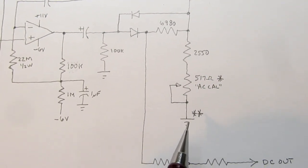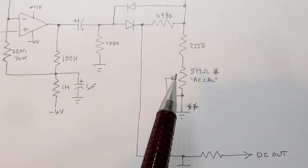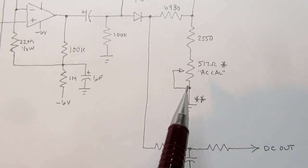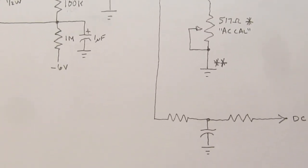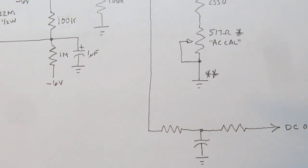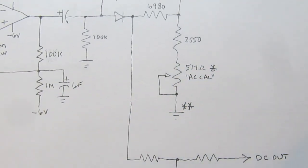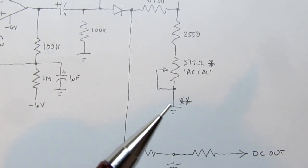Now the other thing that made it confusing, besides the way it is in actuality being a pot and a parallel resistor, I'm getting bit by a tiny ant. I just stepped out into my garden briefly, and I upset a huge nest of little tiny ants that just get all over you and bite you, and you can't seem to find them all. You just feel them later on. Anyway,